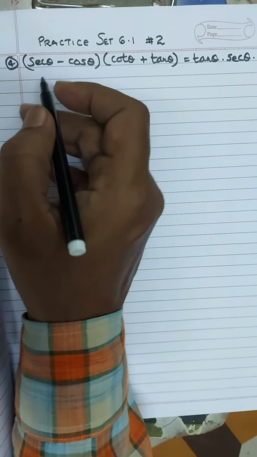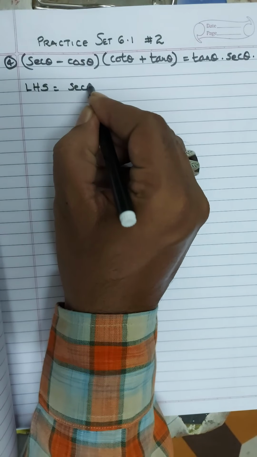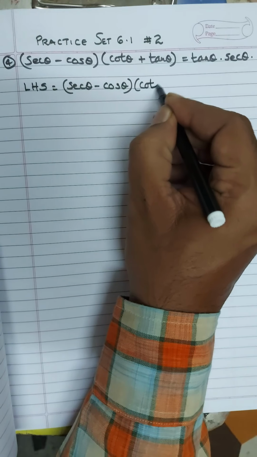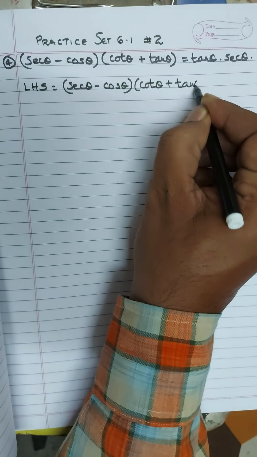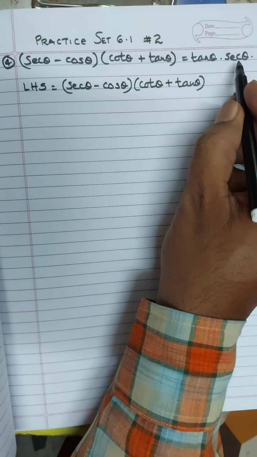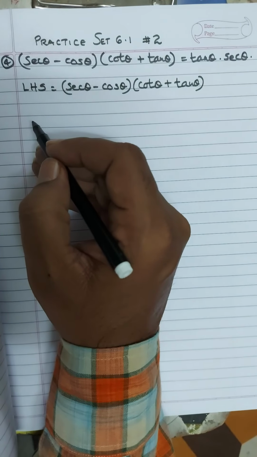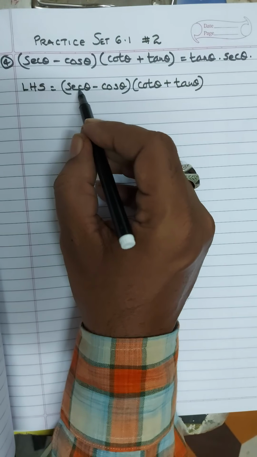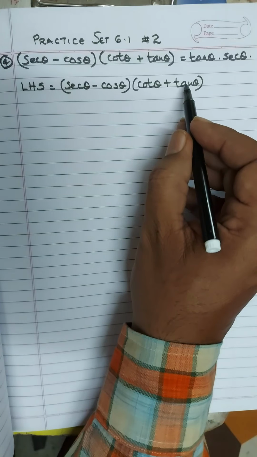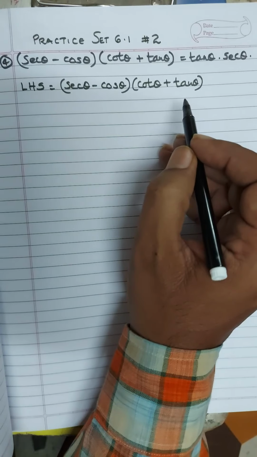We have to bring the left hand side down. So this is (sec theta minus cos theta) in one bracket, and (cot theta plus tan theta) in another bracket. This is the left hand side value, we need to bring it down and take out the answer of the right hand side. Therefore left hand side is equal to right hand side. Now, sec theta is the relation of 1 upon cos theta, cot theta is cos theta upon sin theta, and tan theta is sin theta upon cos theta. We need to learn these relations and identities carefully.